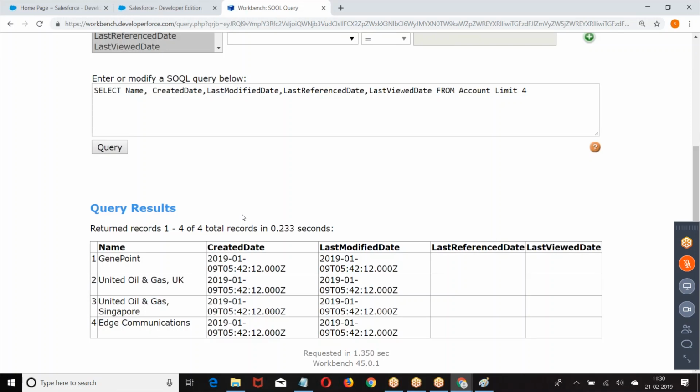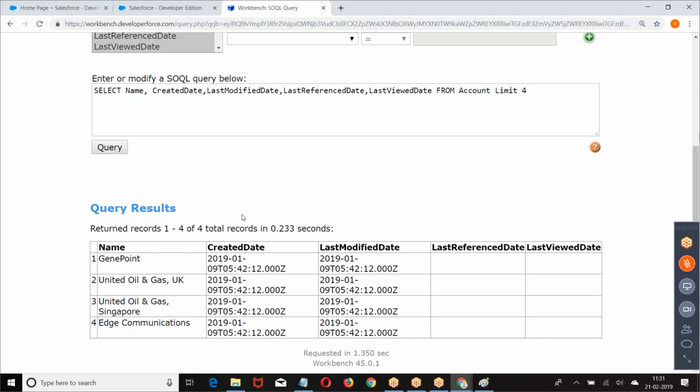All these records were created on a particular date. When I said limit 4, they are not coming based on the created date or the last modified date. They are coming based on most recently used. Whichever records are frequently used come on top. So based on the usage, you'll be getting the records.